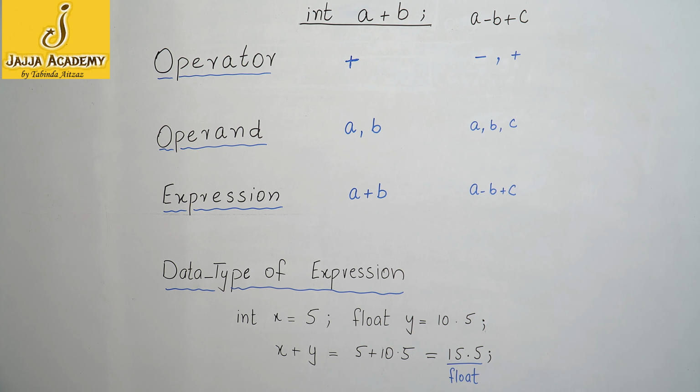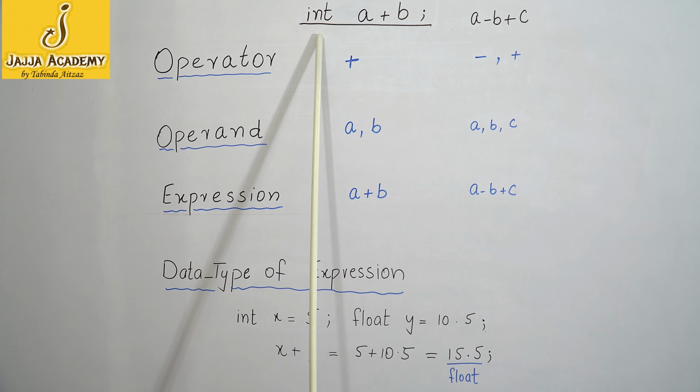While studying operators in C language, we shall use some important terms like operator, operand and expression. So let's discuss them. An operator is a symbol that performs some operation on operands. Operand is a value on which an operator performs or an operation is performed. An operand can be a constant or a variable, etc. An expression is a combination of operators and operands, and an expression may include any number of operators or operands.